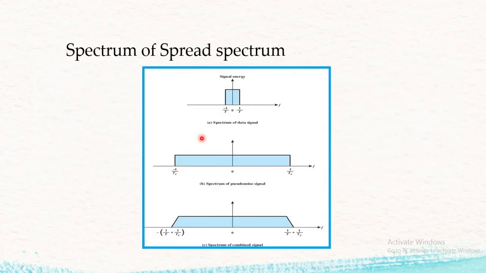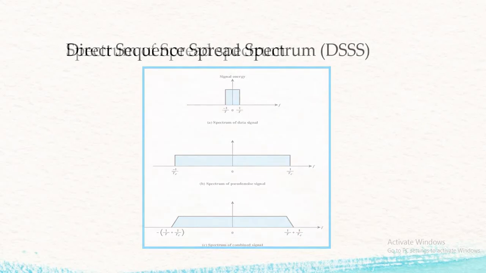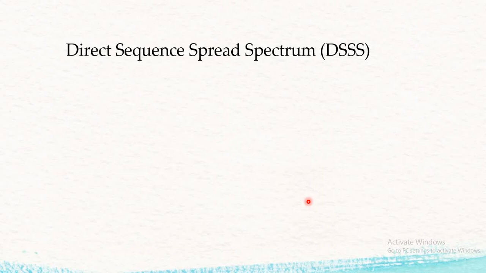Now the spreading of the spectrum. If you observe, this is the signal. Basically the signal looks like this. Now we are multiplying this signal with a pseudo random signal or PN sequence. After multiplication of these two signals, there is a spreading in the spectrum, therefore it is called the spread spectrum technique. Previously the spectrum is only this much, and after spreading the spectrum spreads out.